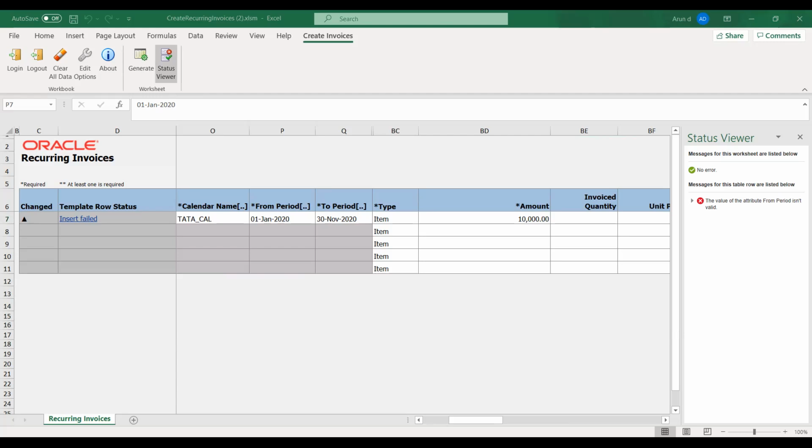Or is it the calendar itself? I don't think we have an issue with the calendar. Maybe the date format is the issue, I don't know.